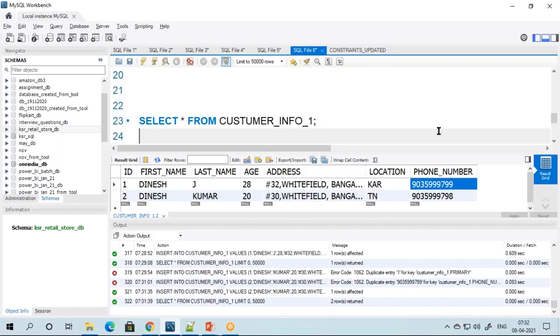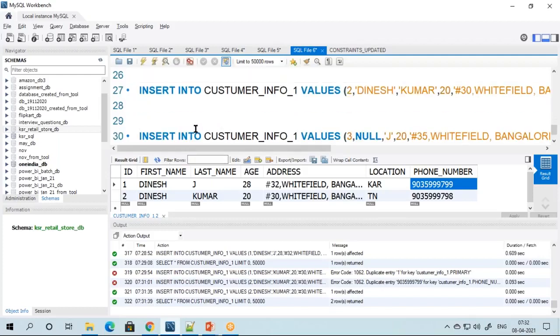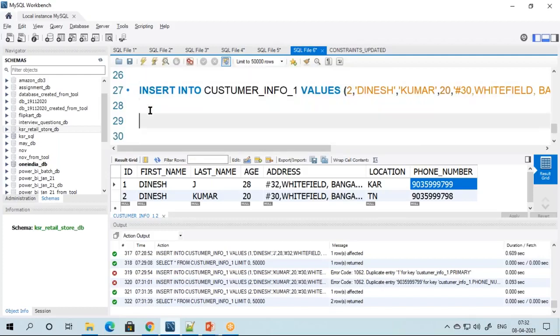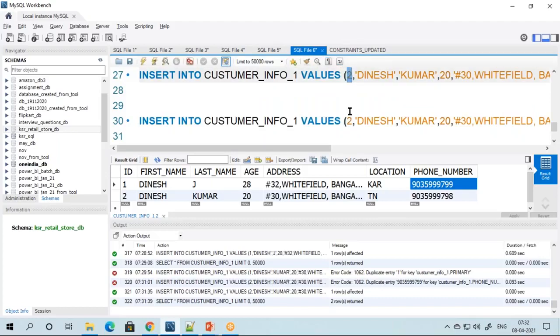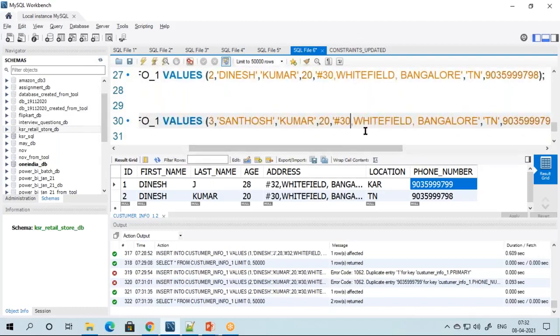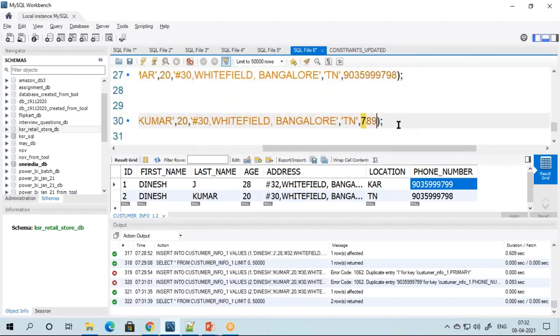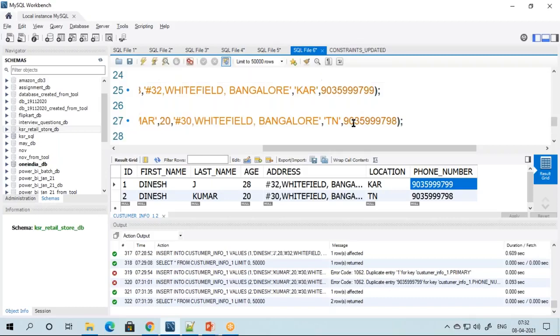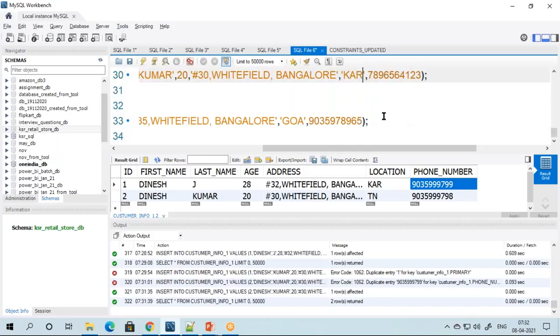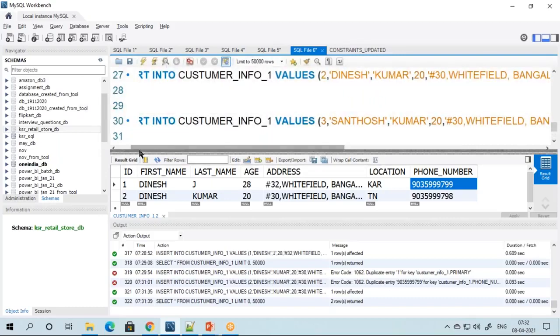Now let us say I will go and insert a third record. I've checked my primary condition. Now I will change it to 3. Now I'll change some other name, and I will change the location. I'll not change the address. Let it be the same address. We'll see what happens. And the phone number also I will change. Now what will happen? We'll see. If I go and enter this,